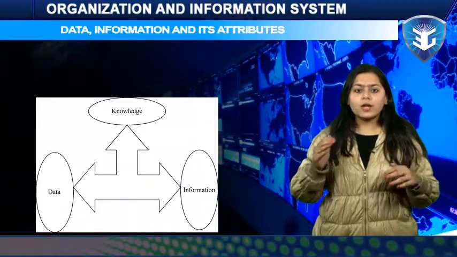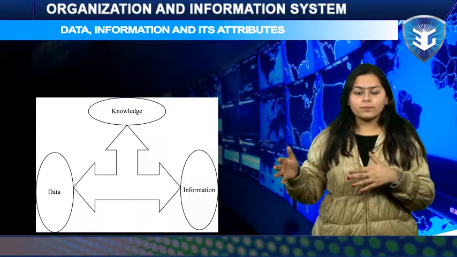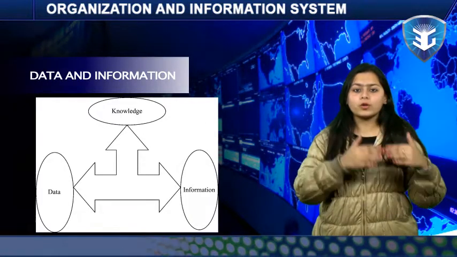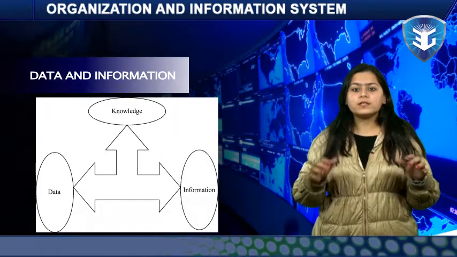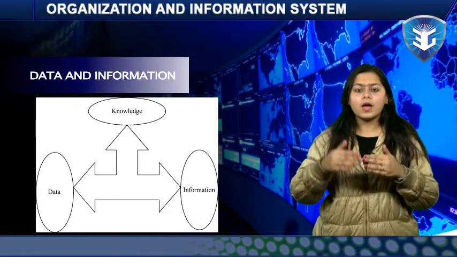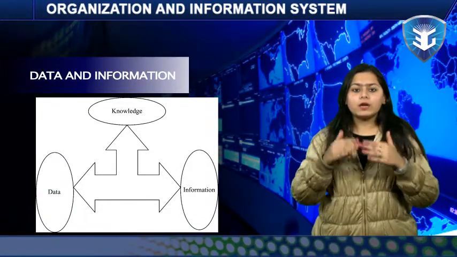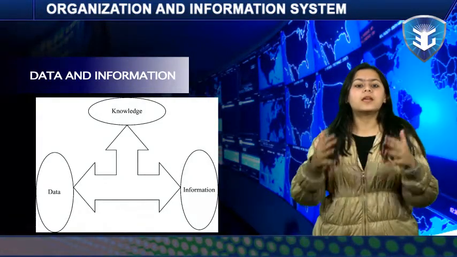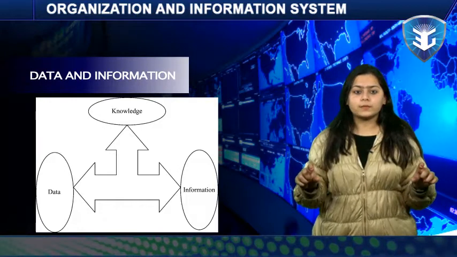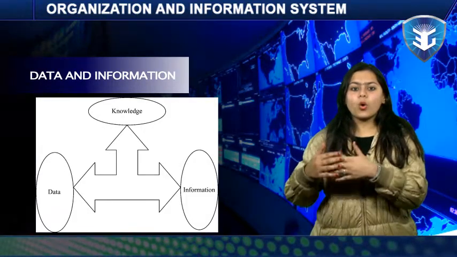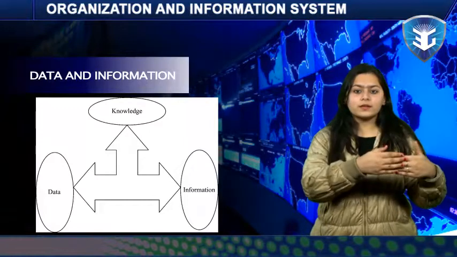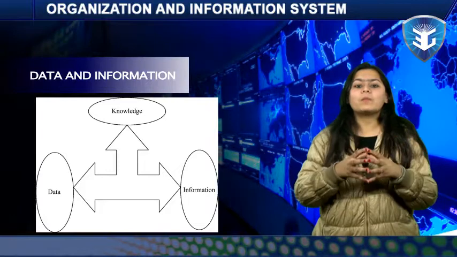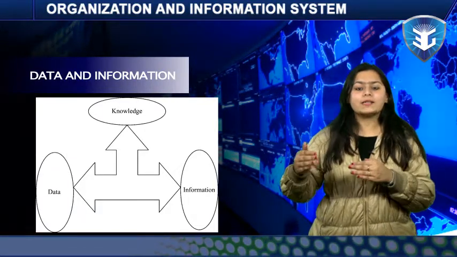Data, information and attributes. Data is raw, unprocessed facts and figures that have no context or purposeful meaning, and information is processed data that has meaning and is presented in context. The binary patterns on backing storage devices such as disks, CDs, DVDs or memory sticks are all classed as